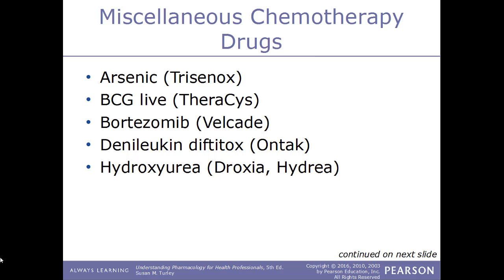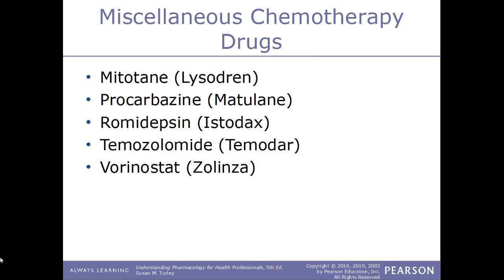Alright, there are other types of chemotherapy drugs that are more miscellaneous, such as arsenic, which will be sold as the trade name of Trisonox, BCG Live, sold under the brand name of Therasis, bortezomib, sold as the brand name of Velcade, Danileukin diphthitox, known by the name of Ontac, hydroxyurea, known by the brand names of Droxia or Hydria, Miditane, also known by the trade name of Lisidrin, procarbazine, known by the trade name of Modulane, romidepsin, known by its trade name Istidax, temozolomide, known by the trade name of Temodar, and Varenostat, also known by its trade name